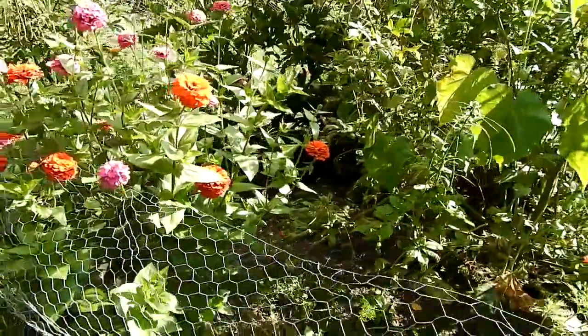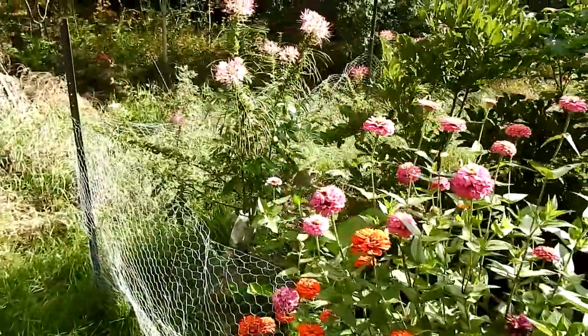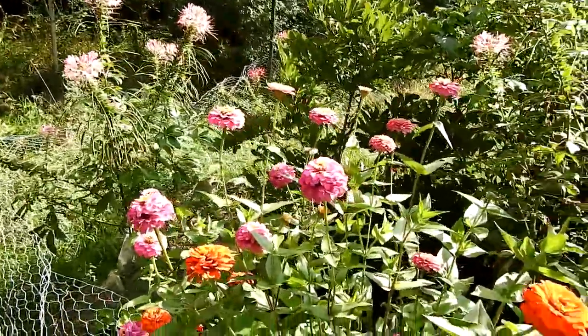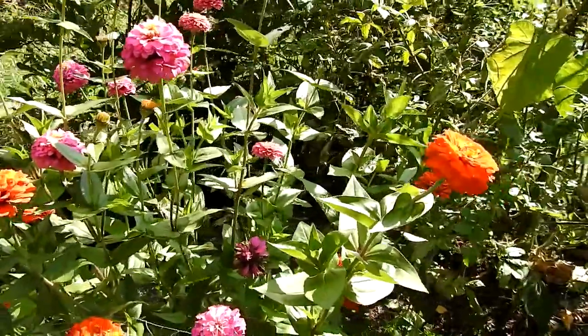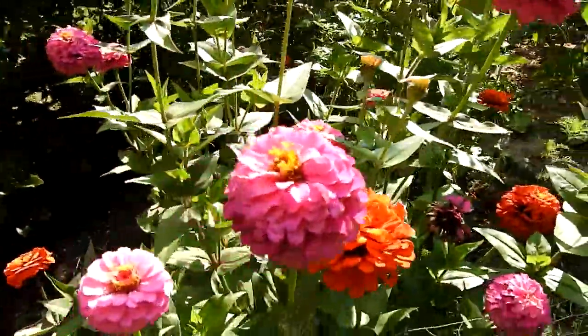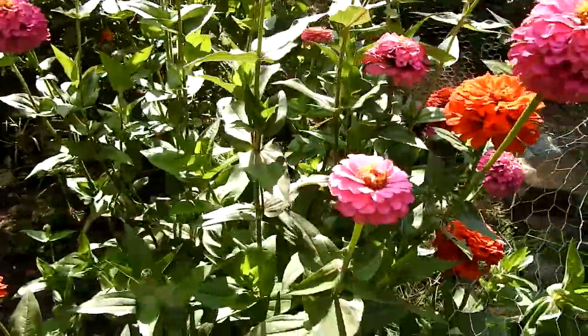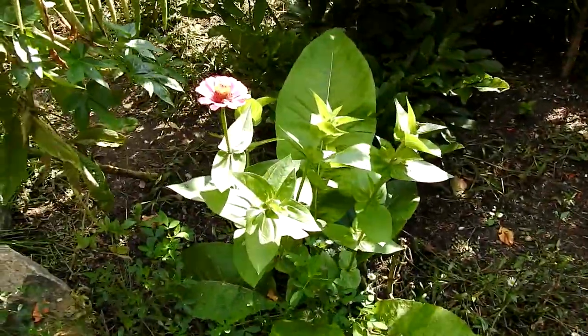In this little garden I've actually got it fenced in because earlier in the summer I had rabbits coming in here and eating these zinnias. This is one of the few zinnias that I managed to protect before the rabbits had chopped the tops off. So here's another one down here. You can see